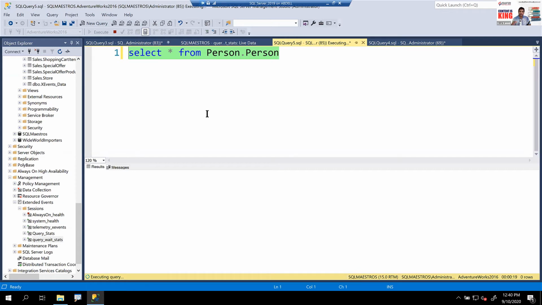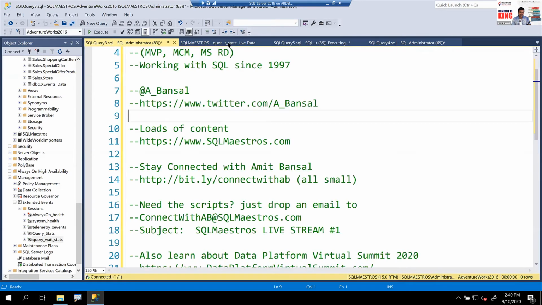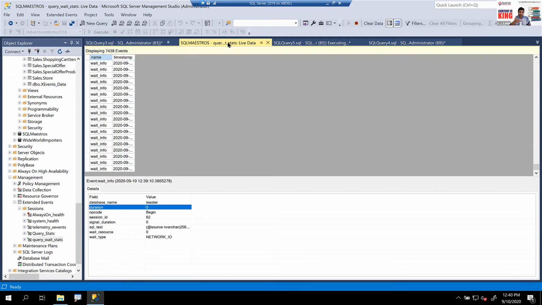So that there's not a lot of noise coming in there, right? Because if you see here in the live window, there are so many events getting captured, about 7,000 or so. You want to filter out all that stuff. So put in the right filters so that you only capture application workloads. And if you know exactly which database, because you might have an environment where multiple databases serve different kinds of applications, try to narrow it down to what you really need. That will just help you to be more productive.